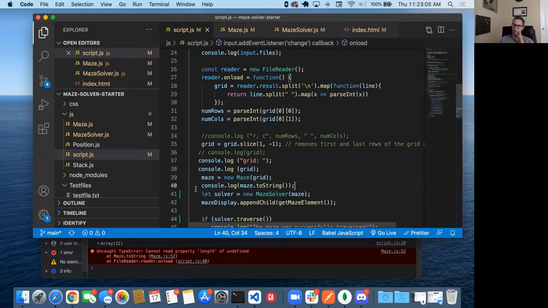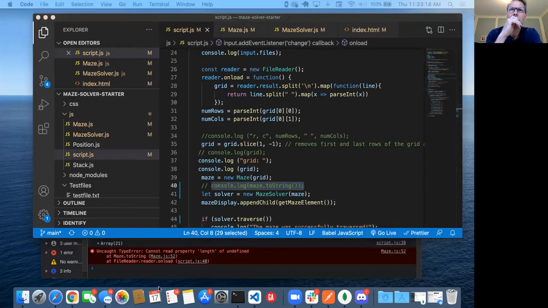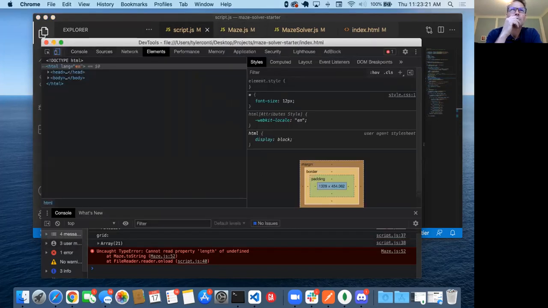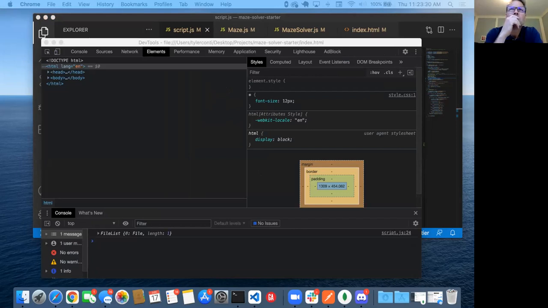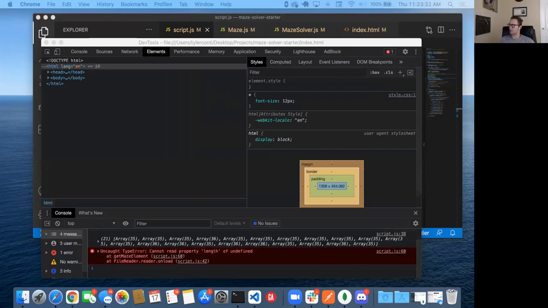So I just comment this out. For now, yeah, because you don't need to actually show it as a text file. We'll figure that out later. See if we can get the HTML to show. Yeah, no, it's still